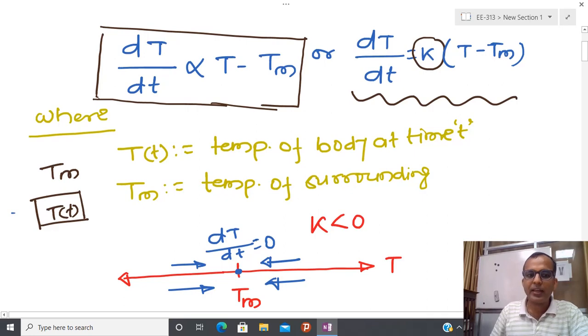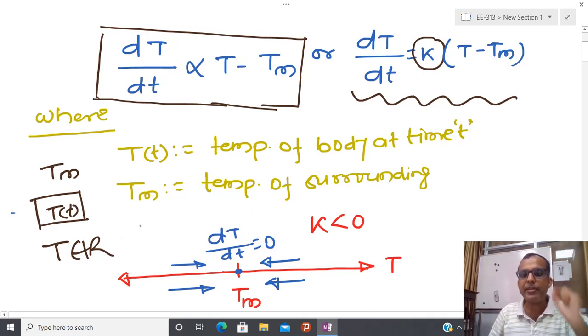geometrical interpretation. Here you can see that T belongs to the real numbers, because whenever we represent an abstract system, I always assume that the input and output pair is some kind of real number, or in higher dimensional space belongs to Rn or Rm. Since this is just a one dimensional system, I am assuming T belongs to R.